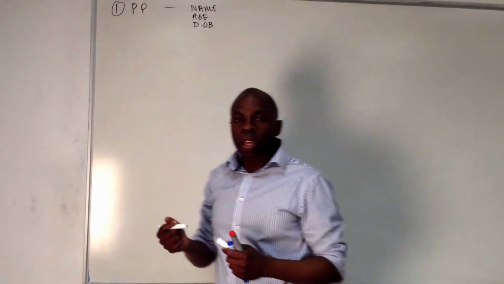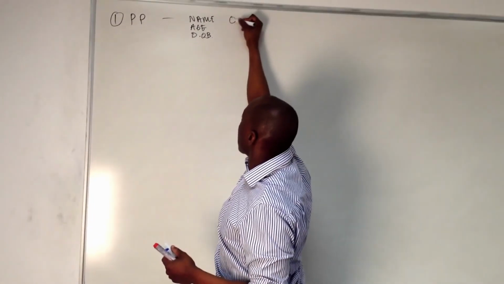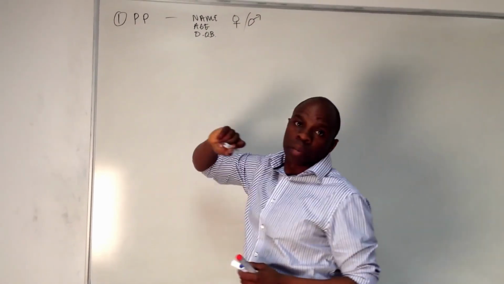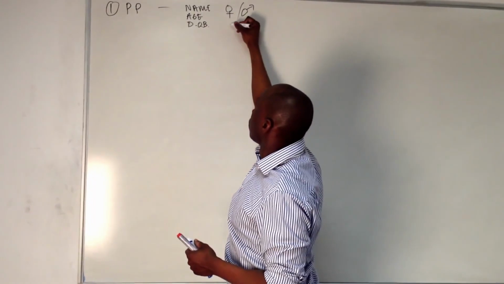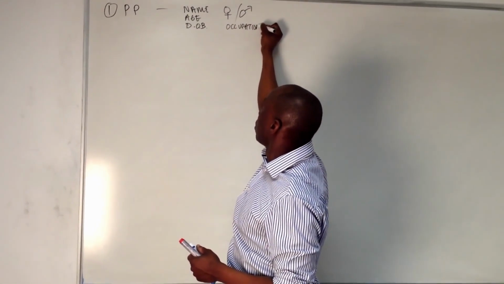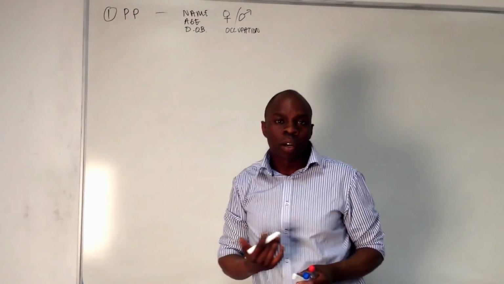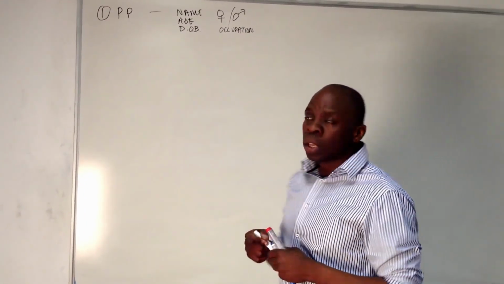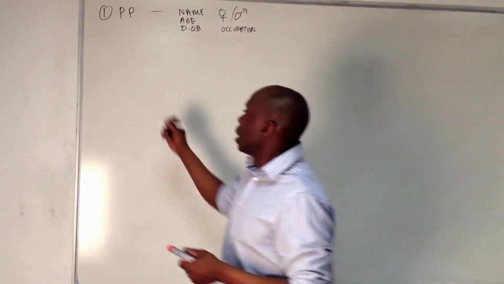What you can normally do here for some added extras is get the gender of the patient you're dealing with, and if you want some extras here, get in the occupation of the patient you're dealing with, and normally that gives you a rough idea of who you're dealing with. So the next thing we go to now is